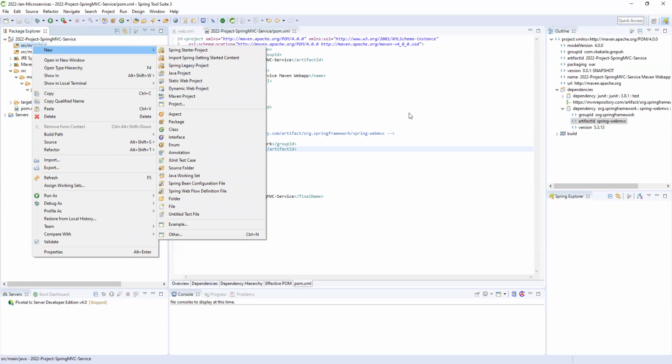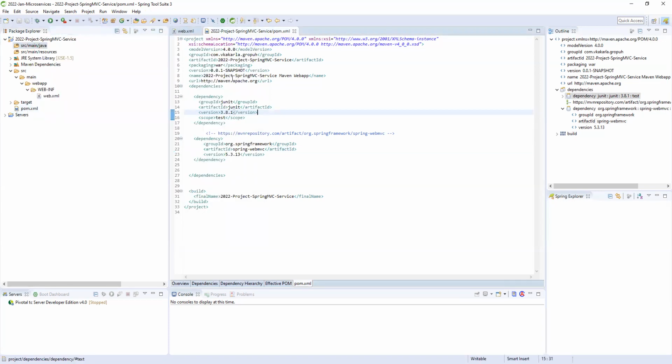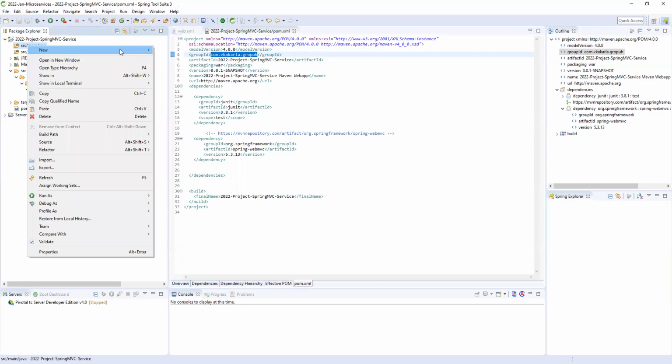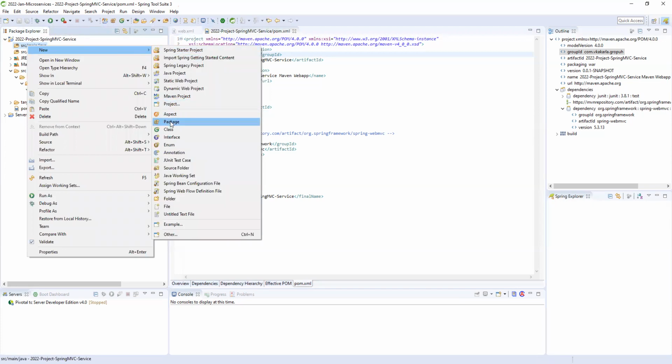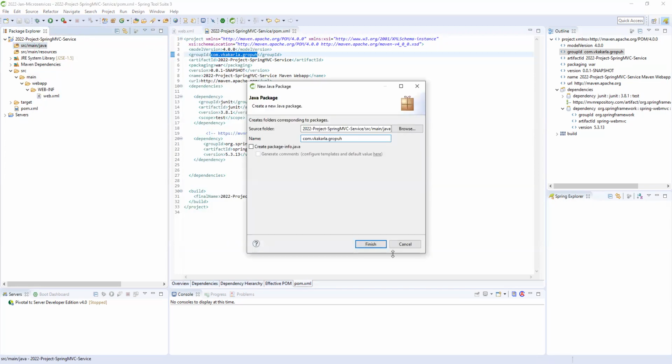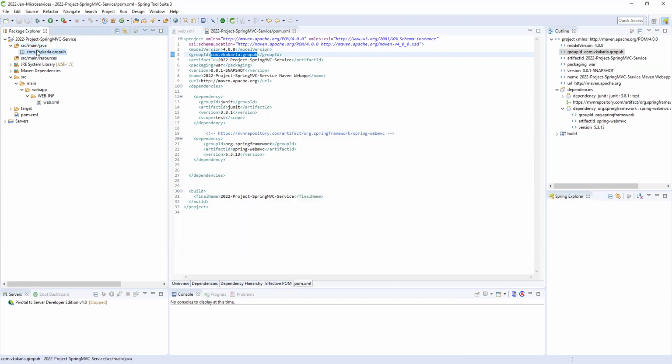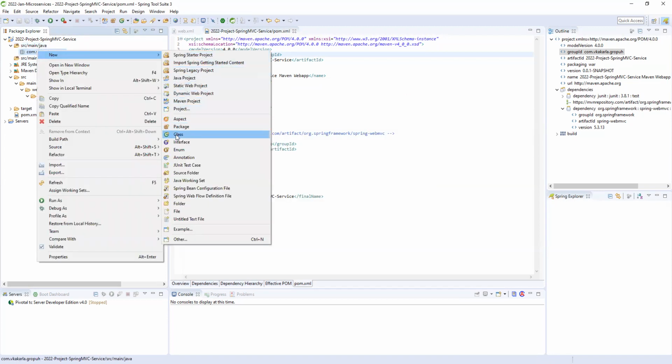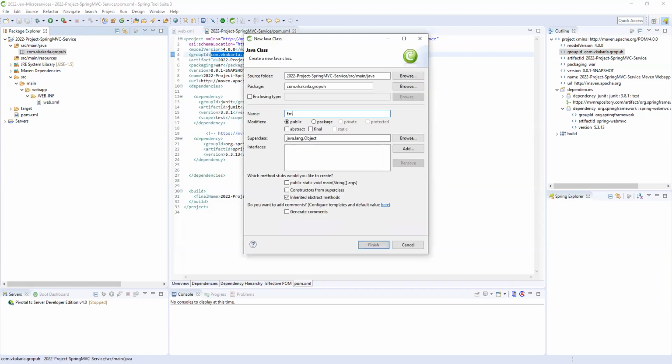Here you can create a base package. Already we have a base package, if you see here. So here you can create a package like this. Now you can add your class, an employee controller.